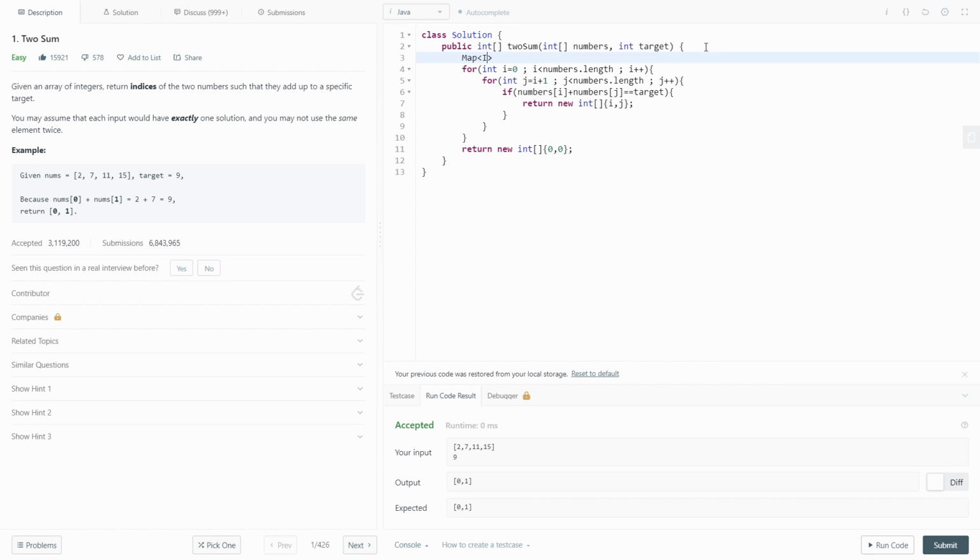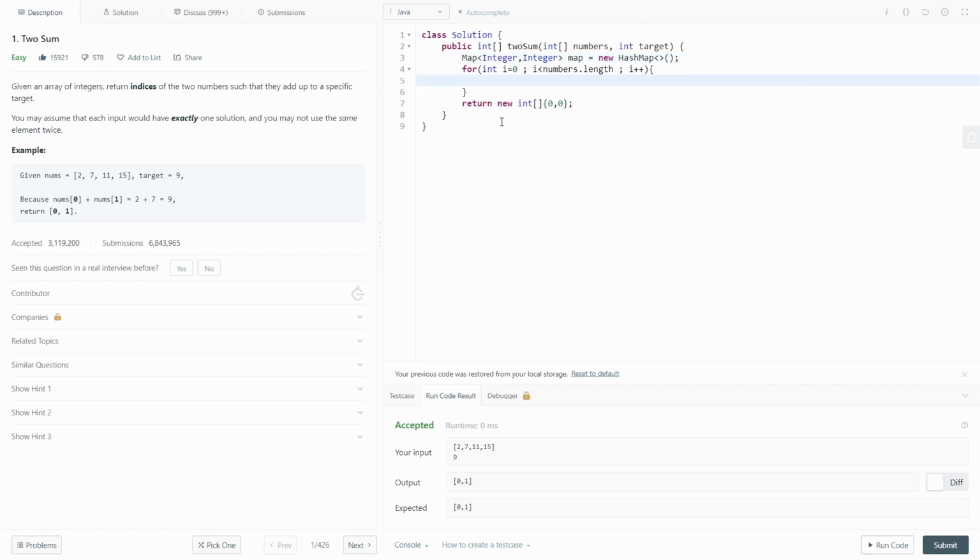Map interface, integer comma integer, map is equal to new HashMap. Now we don't really need that second for loop. We can just remove it, and now we'll have an if condition.